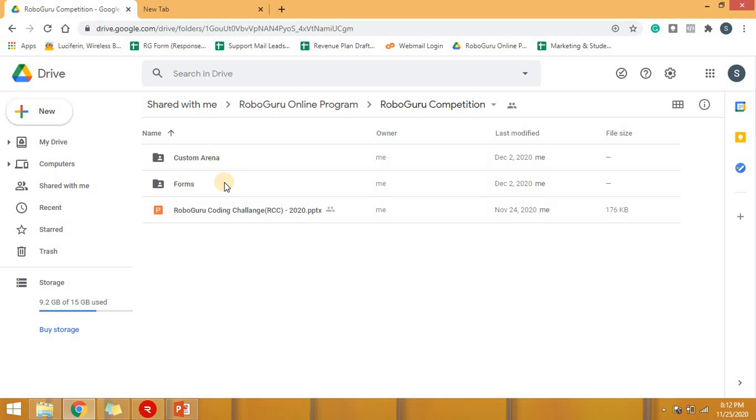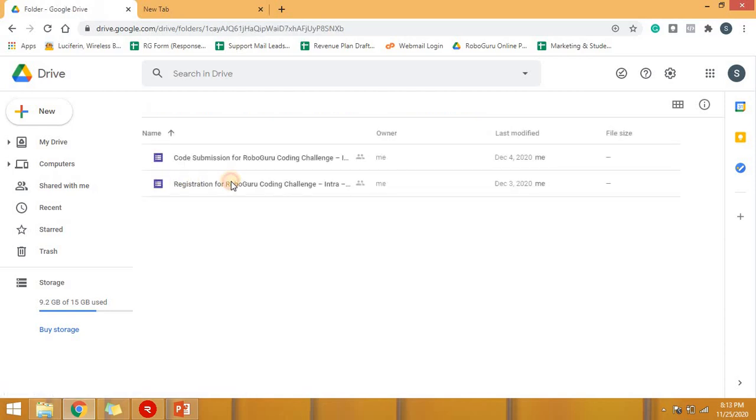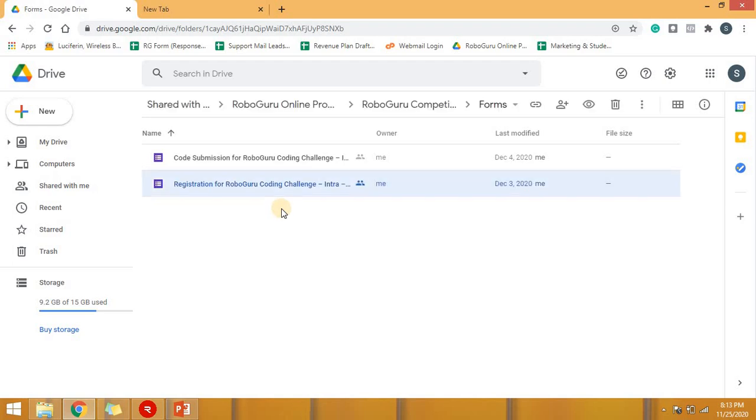In order to submit your registration, you should open this forms folder. Inside this, you will see a registration form. You have to fill this registration form to register yourself for the competition. Inside this form, you have to enter all of your details. After that, your registration will be completed.